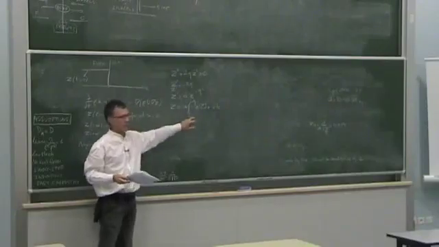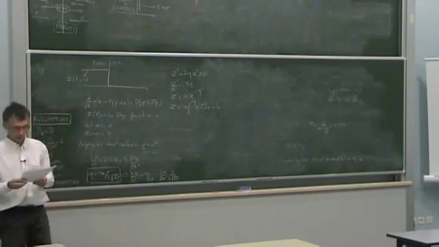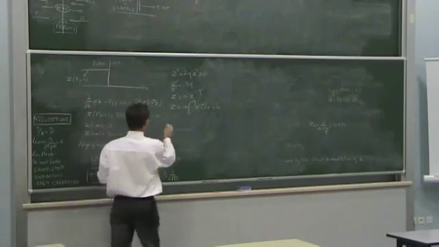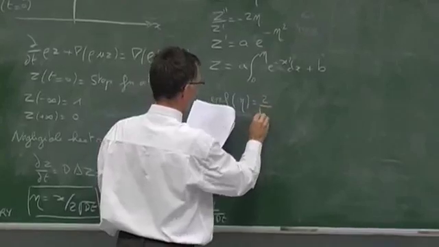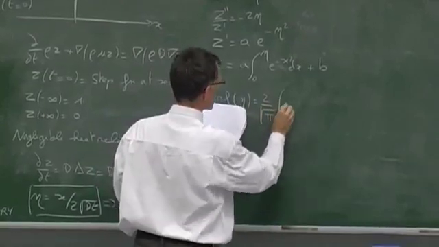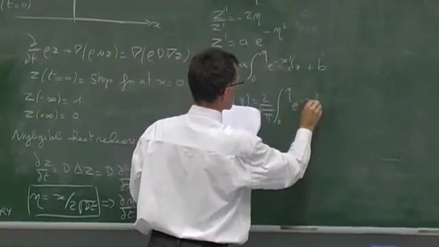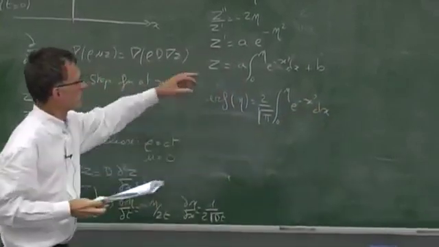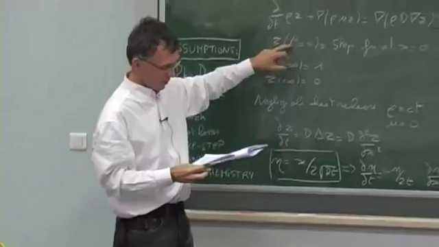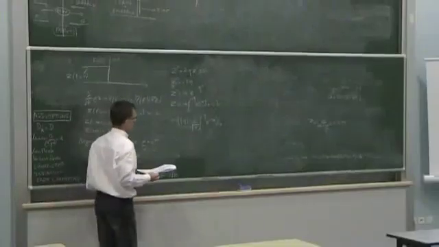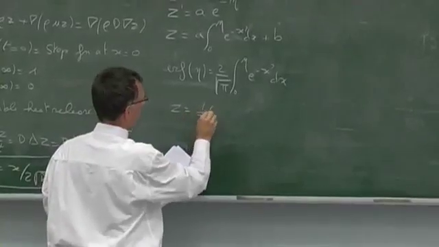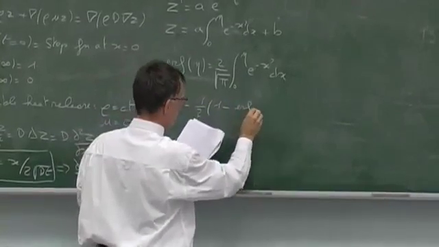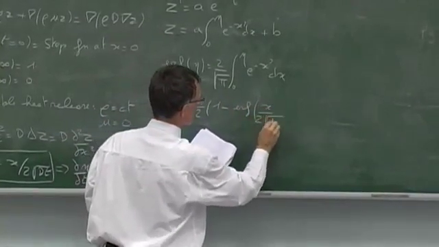So you know that this function, the integral of exponential minus x squared, is called the error function. It's something which is tabulated and well known. It's f of eta equal 2 over square root of pi times the integral from 0 to eta of exponential minus x squared dx. So you can change that in z. You apply the two boundary conditions which are here. You apply the initial condition which is here. And you end up with a classical solution which is the following: Z equals 1/2 of 1 minus f of x over 2 square root of Dt.